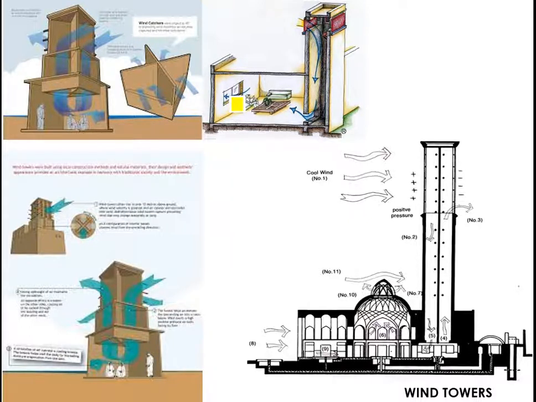The wind tower was generally a technique used in hot, dry climates or arid climates. We call it semi-arid or arid climate, which is mostly in Iran, Iraq, and some parts of UAE and Saudi Arabia, etc. In the desert regions, what happens? There is a wind tower present here, which brings a lot of cool wind inside the building, and there's some kind of water body here which gives you the evaporative cooling effect, and it brings in a lot of cool air.